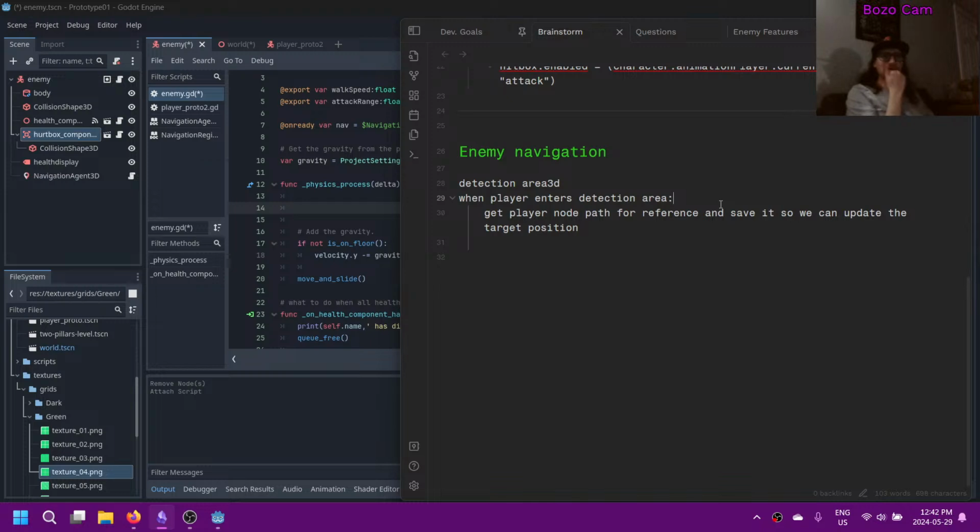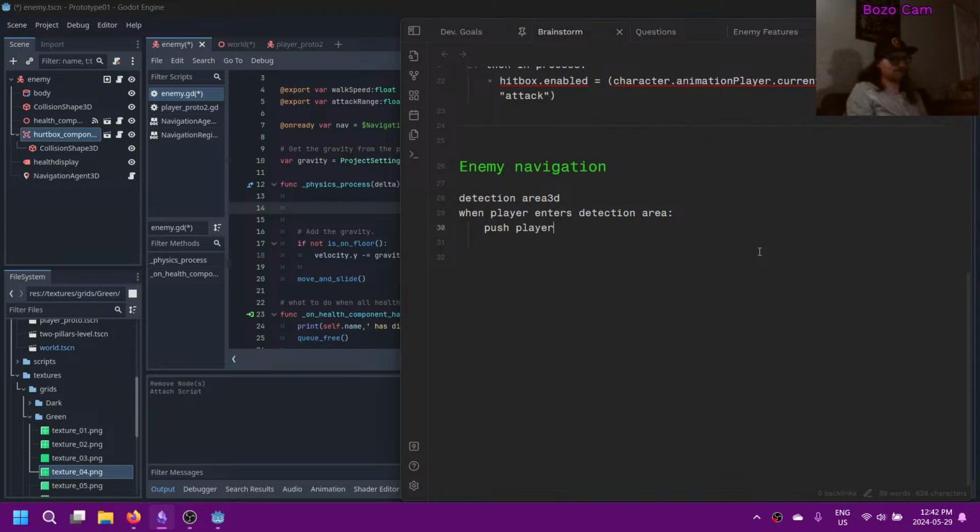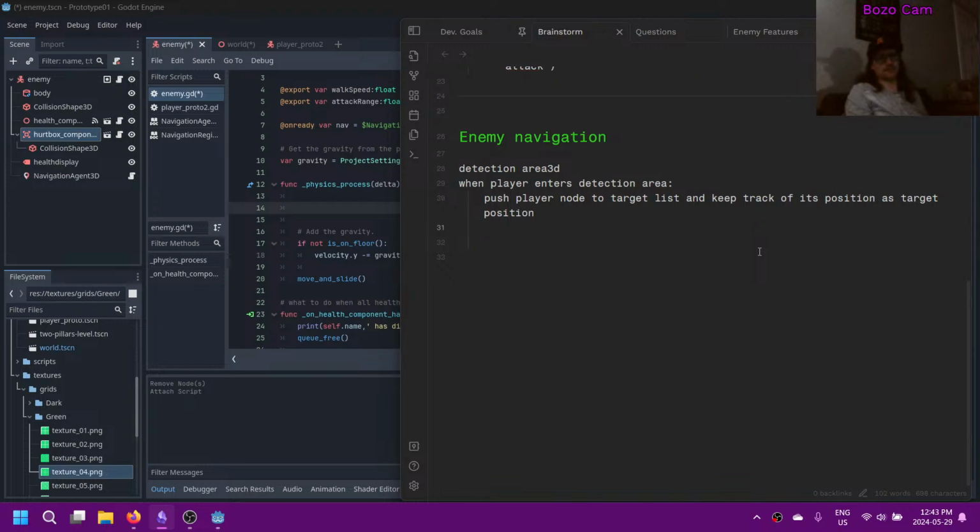So maybe we want to do like push player to target stack, target list, keep track of its ends. Okay. And then after that,